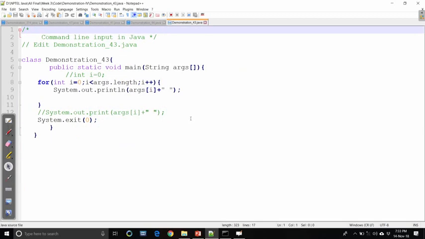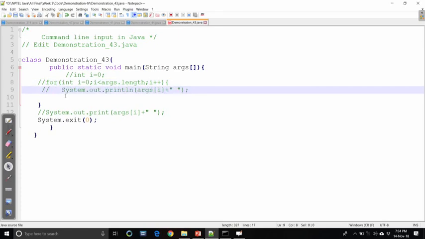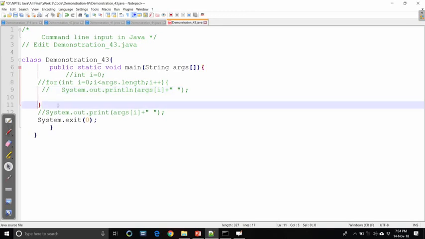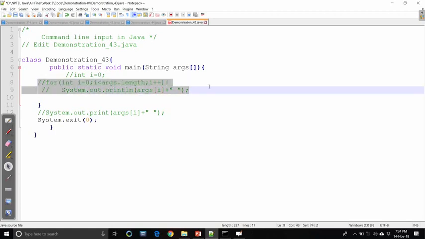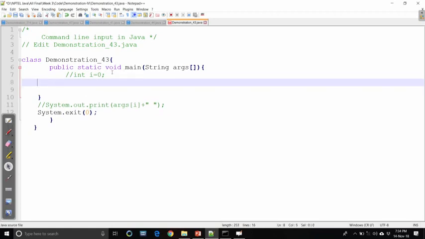So here, comment the for loop. Next, comment the for loop's second bracket. Okay, fine. So comment that. Now you can delete this one, so that cluttering will be avoided. Okay, fine, we are removing it.